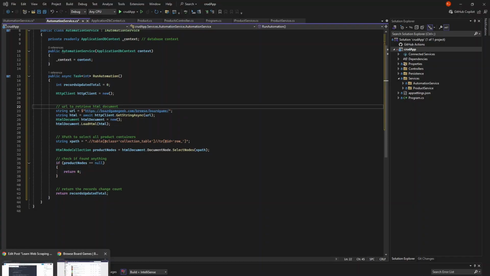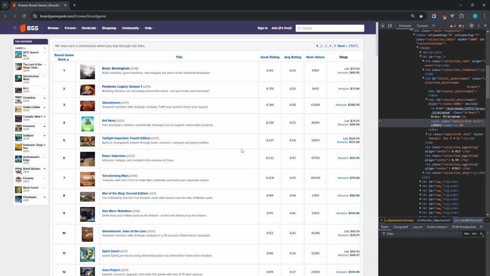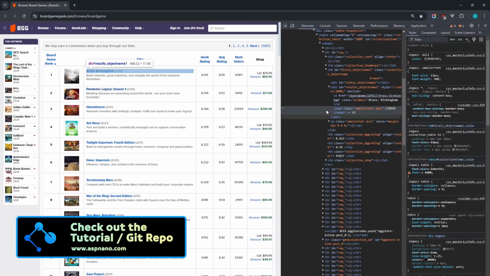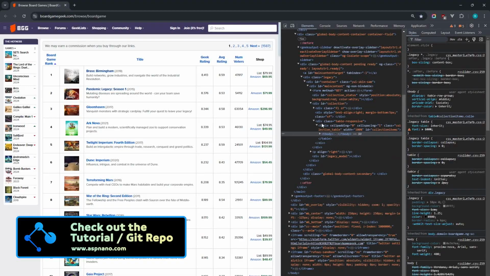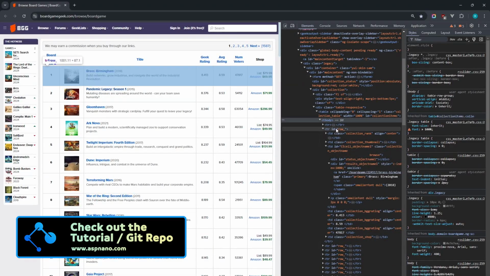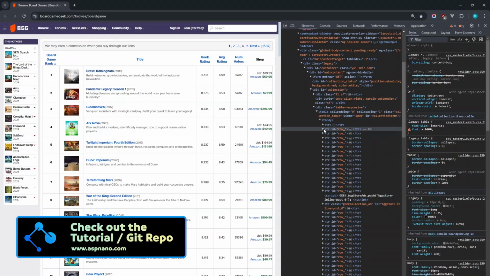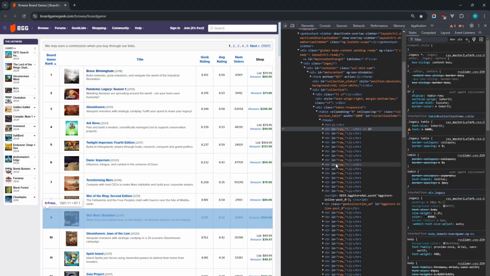We want to select every row as an item. So if I go and inspect the document, I need to analyze the HTML structure in order to know what I'm supposed to write for my XPath selection criteria. So the thing that I'm after is this thing right here. So TR with an ID of row. And if I minimize that, I can see that all of them have that same ID